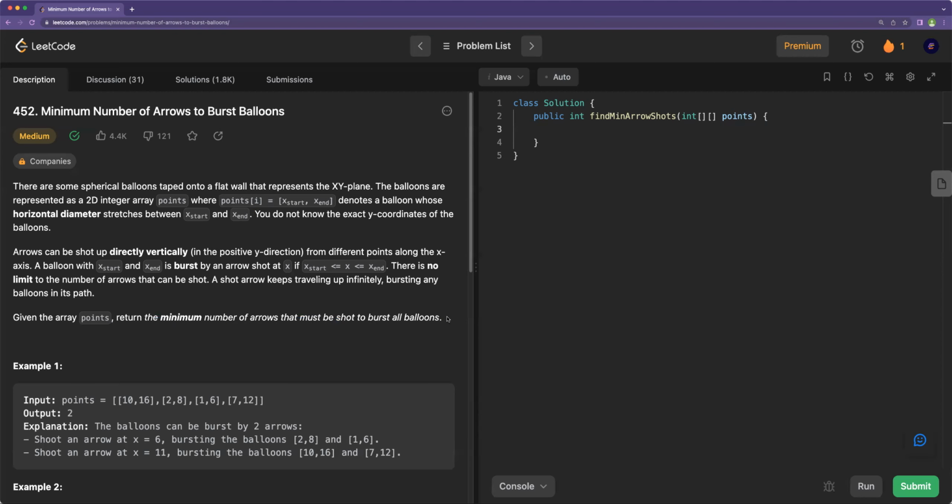So basically, the problem states that we are given some balloons arranged in the XY plane. They can be at any Y, but the X range is given to us. We don't really have to care about the Y-axis. And we have to shoot an arrow from an X point in the positive Y direction, and it will burst all the balloons which have the diameter